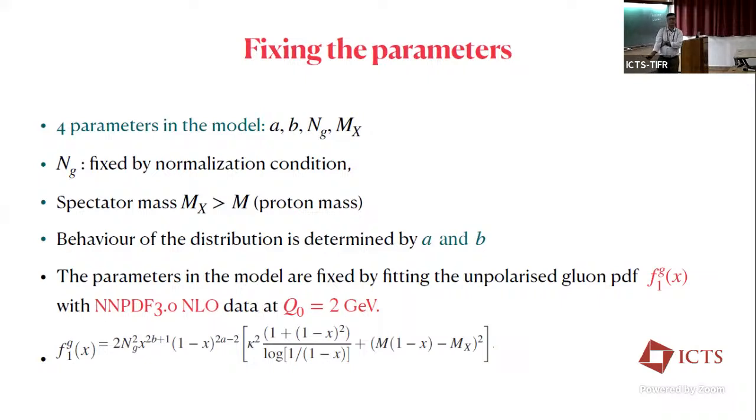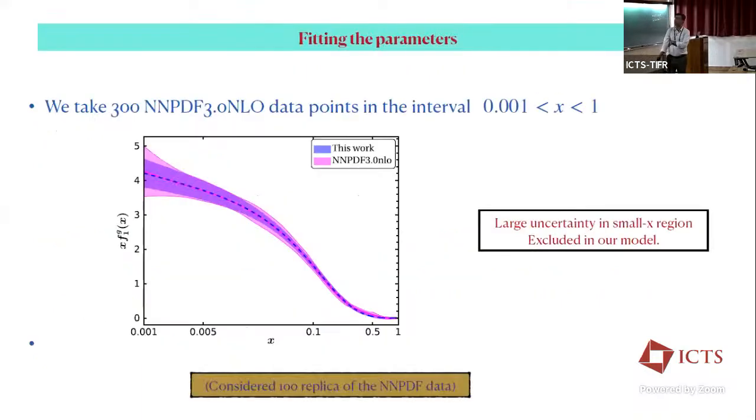So from our model, we can actually extract this unpolarized PDF for gluon. So this is basically the analytic expression. So from here, you can see that the behavior of these functions is basically determined by these 2, A and B, mostly. Okay. Other parameters, so this Mx has a very small effect on the overall behavior, and this is the overall normalization constant. So here is basically the fitting of these parameters.